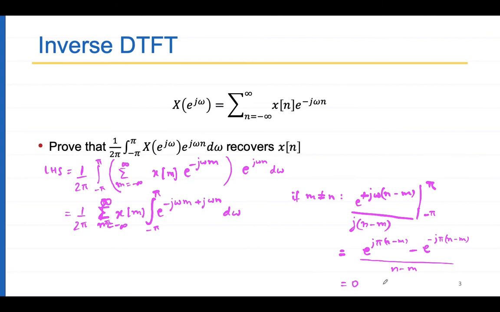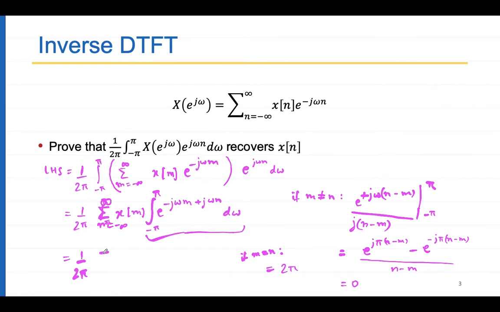But if m is equal to n, then this term cancels out. Then the integral becomes simply m minus n is 0, so this thing is 1. The integration of 1 from minus π to plus π is equal to 2π. So considering this integral only, this then becomes 1/(2π) times the summation